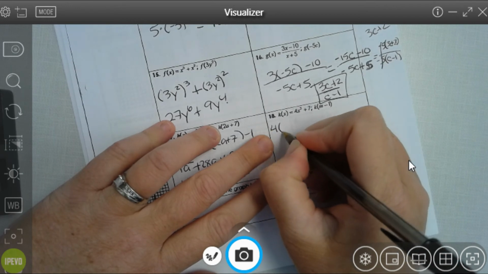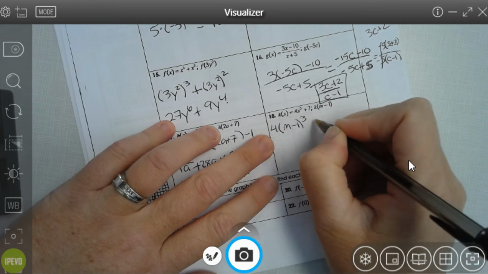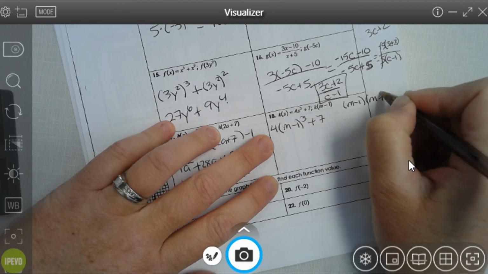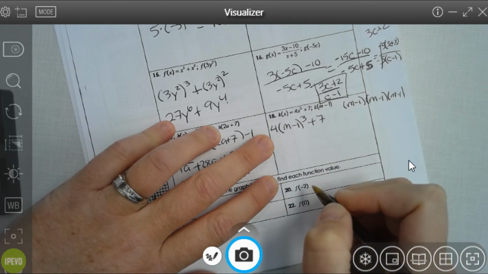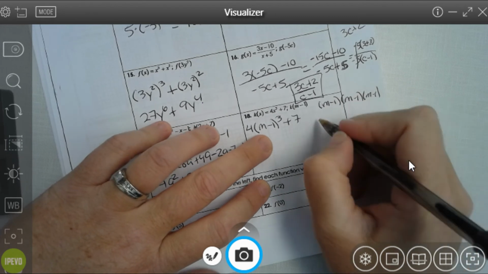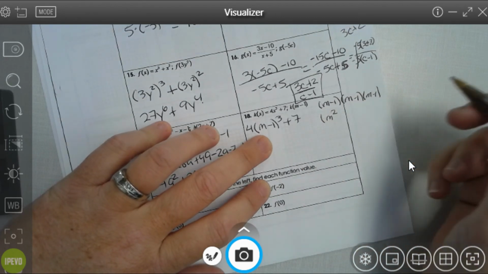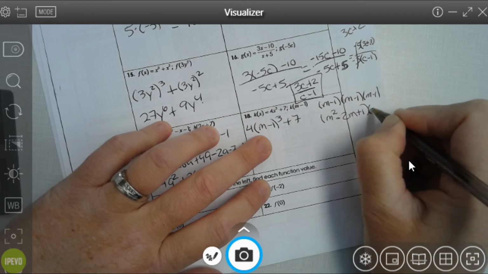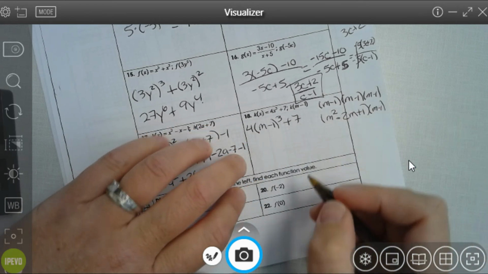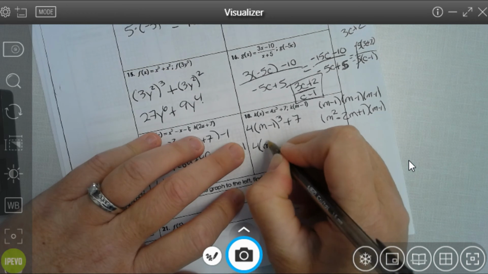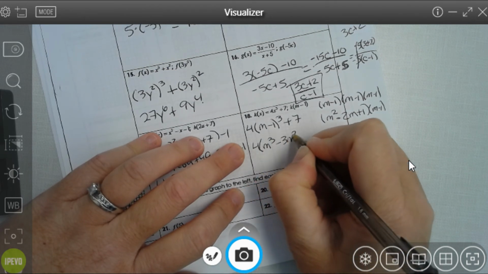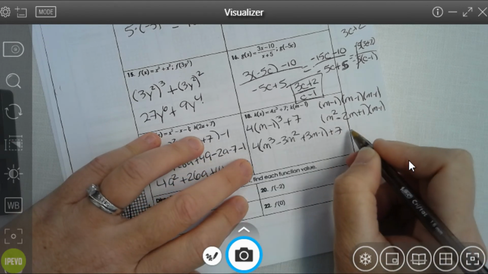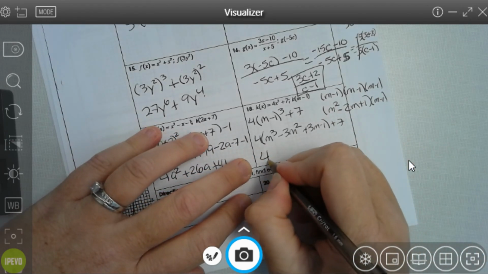So this one over here, a difference of cubes. This means you would need to write it out 1, 2, 3 times. So then what you would do would be to multiply these two out, unless you know your binomial theorem, which I doubt you guys do. So you would just write this out twice, like this, and then multiply it one more time. So when you do that, you're going to get m cubed minus 3m squared plus 3m minus 1. Multiply in your 4 plus your 7, and you should get